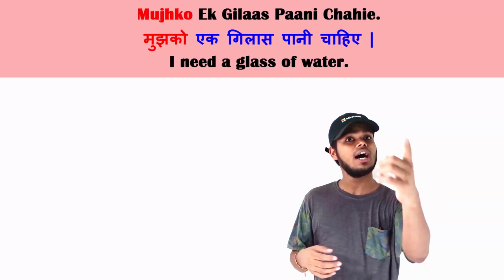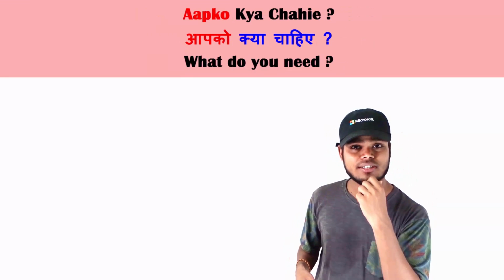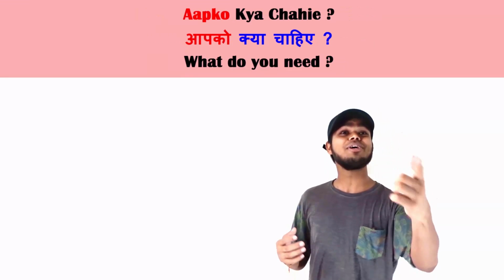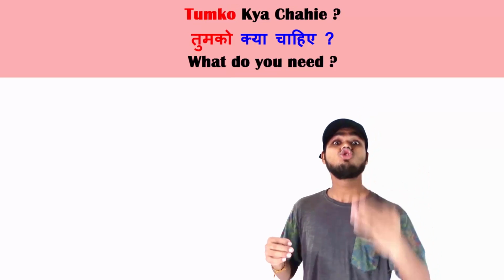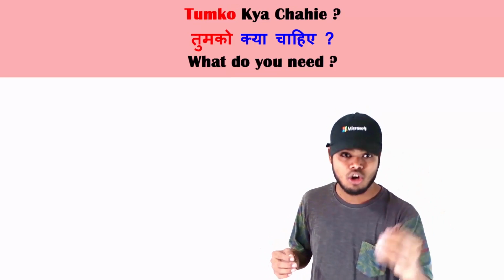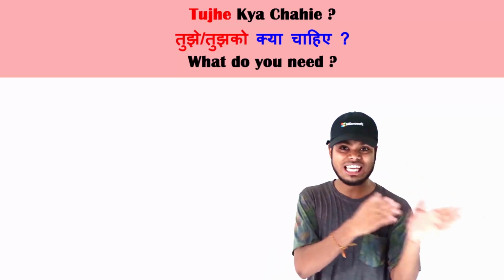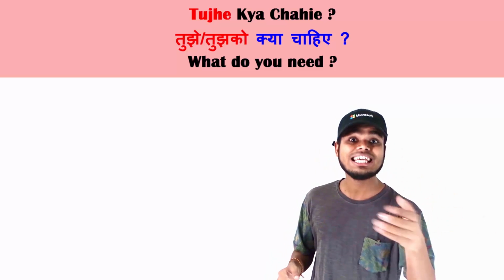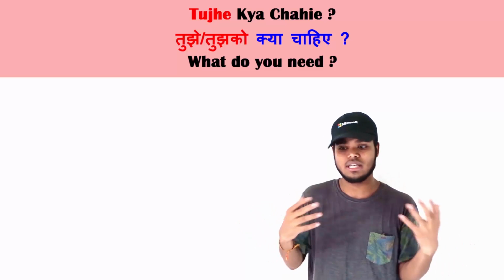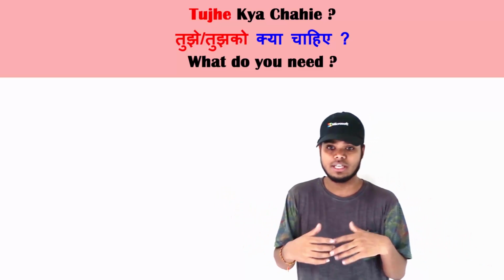Like if I want to say, ask him, aapko kya chahiye, right? Aapko kya chahiye? और तुमको क्या चाहिए? और तुझे और तुझको are the same. So तुझे क्या चाहिए? That's like intimate case, or like normally to your friends you say. So Mr. Sharma को क्या चाहिए? Mr. Sharma को Mr. Shetty चाहिए. I'm just kidding. So this is how the sentence has to be structured in the present tense.